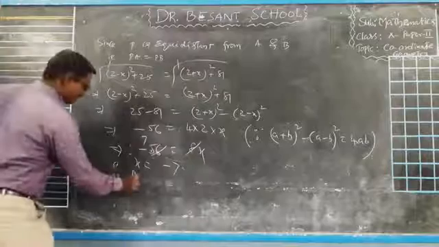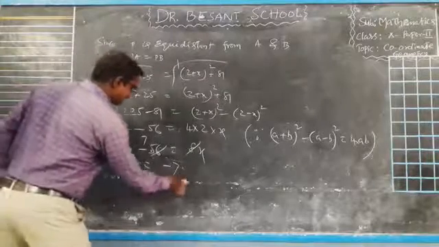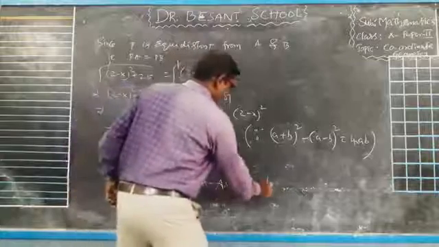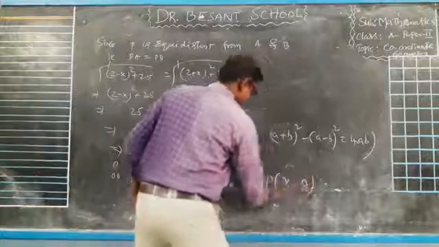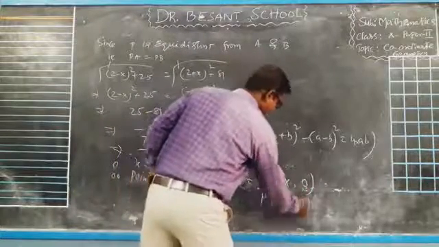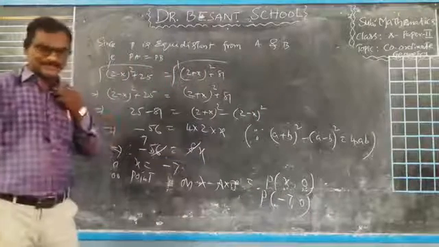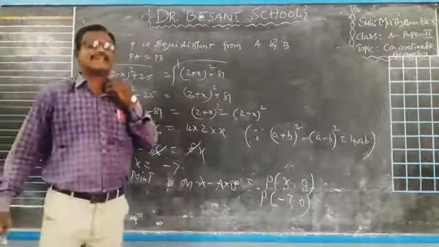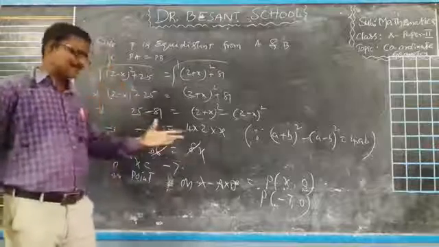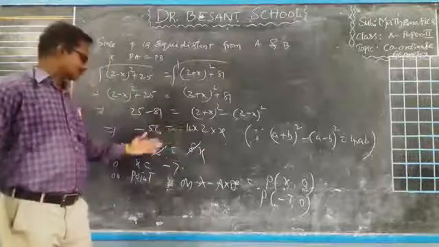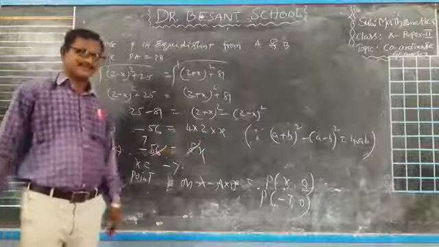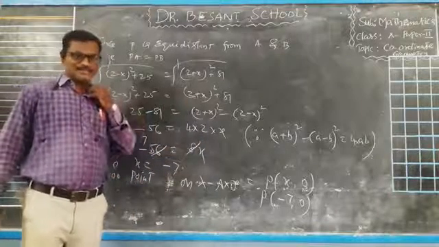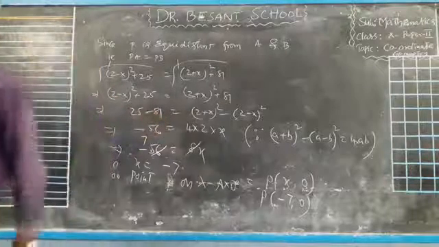Therefore, the point P on x-axis is P(x, 0), that is P(-7, 0). So we got x is negative. So the point P(-7, 0) is lying on the negative side of x-axis, which must be equidistant from the 2 points A and B. So that is our answer, P(-7, 0). I hope that you have understood this problem. This is the most important problem regarding the examination point of view. Once you verify children.